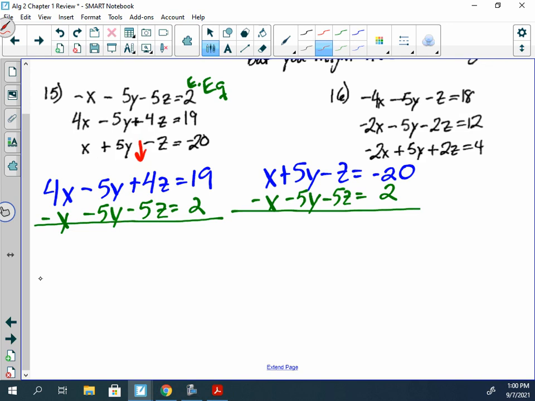Would we add these 2 equations together or subtract them to get the y's to cancel? So we have negative 5y, negative 5y, yes? Negative 5y plus negative 5y would give us what? Negative 10. Because a negative and a negative added together make a bigger negative. So we would need to subtract these. Because if we subtract negative 5 minus negative 5, a negative and negative make a positive, so we'd have negative